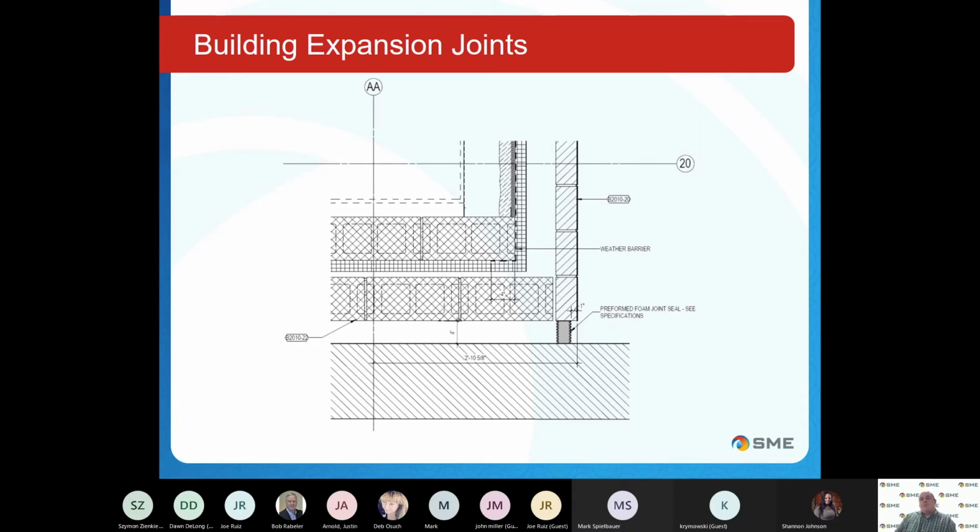So this is a building that I worked on. There's an existing building on the bottom part of the screen. This, by the way, is a plan view. And the new building is kind of up on the top part of the detail. And you can see that the waterproofing on the wall just kind of stops at the building corner. So there's nothing preventing water or air or rats or whatever from coming through that brick, through the weeps, and just turning the corner where the building ends, just doing an end run on the air and water barrier,